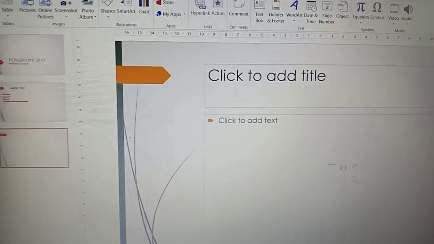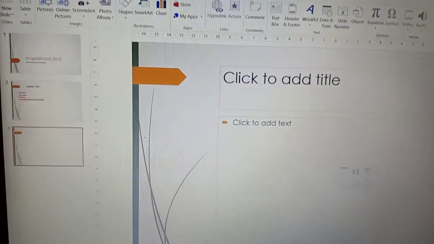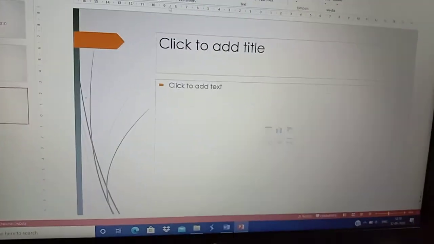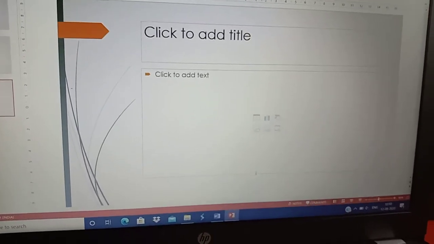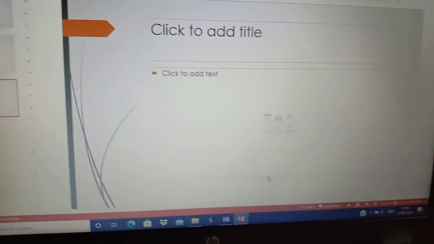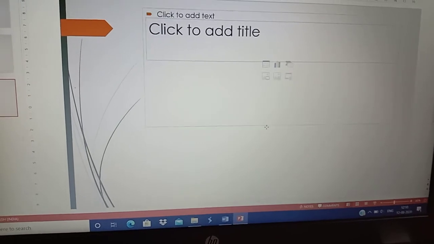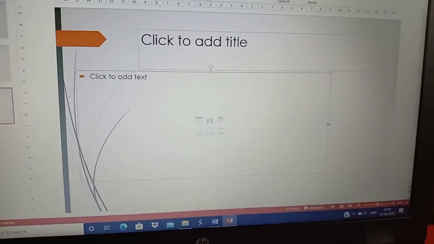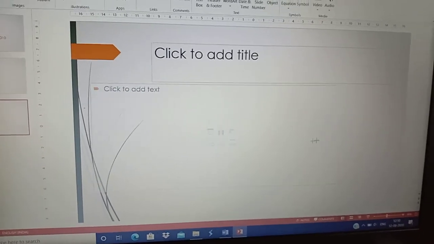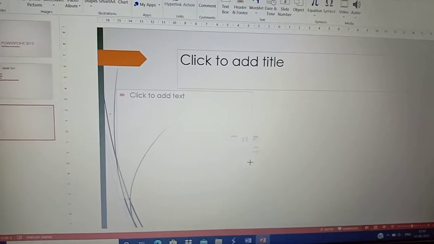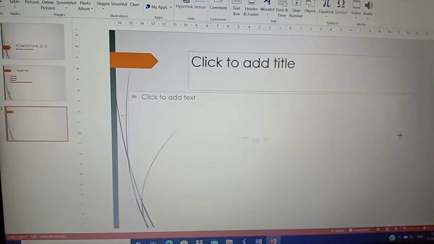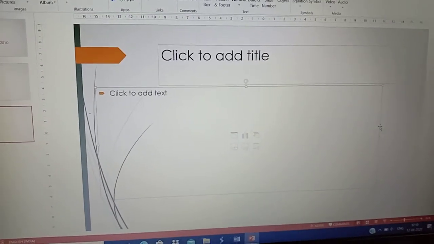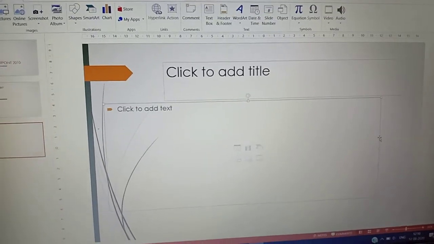Currently I don't have any pictures or images in this system. What you need to do is, if you have an image, after inserting that image, the same procedure by which you move your placeholder, similarly you can reduce the size of the image. See, in case you feel this size needs to be reduced, in a similar way you can do it for the image also. Then we are going to learn about the transition concept.